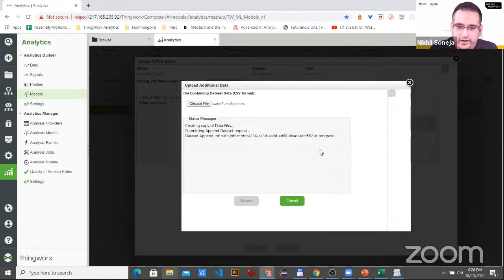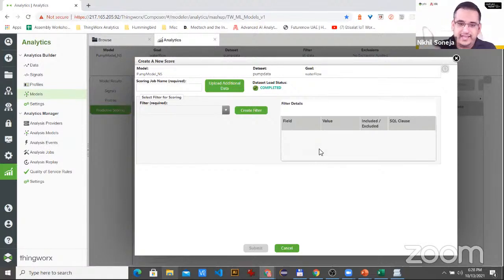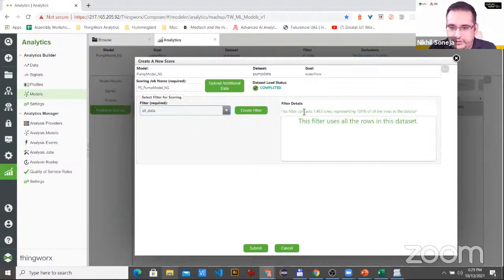And it's going to be brought into the system. And I'm going to score the data I have here against it. So once we do that, I have to give it a name. So I'll just say, PS underscore pump model underscore NS. So we've got everything there, and the filter, I'm just going to use all data. I don't want to exclude anything. So I'm just saying it uses 1463 rows representing 100% of all the rows. So once I do submit,